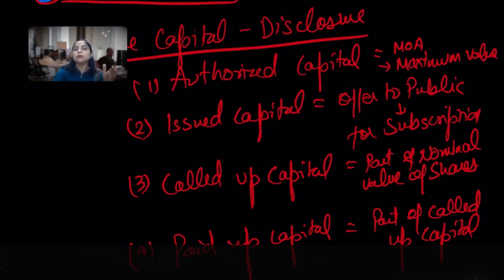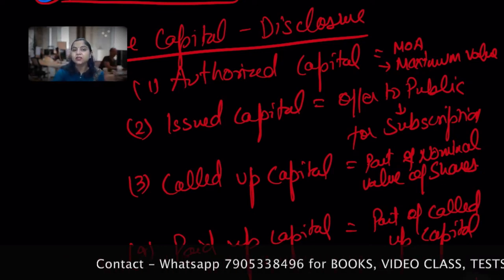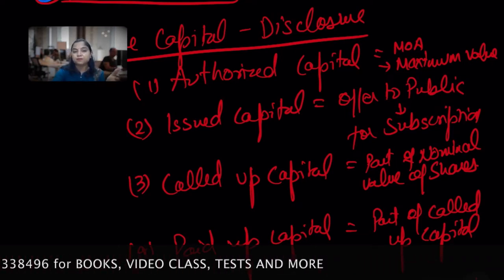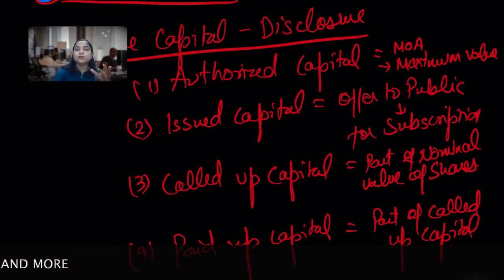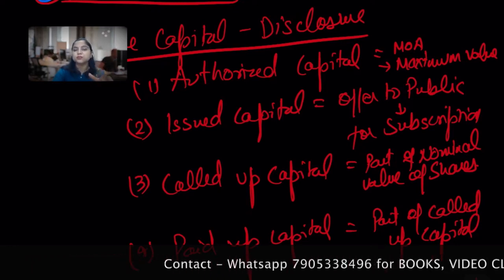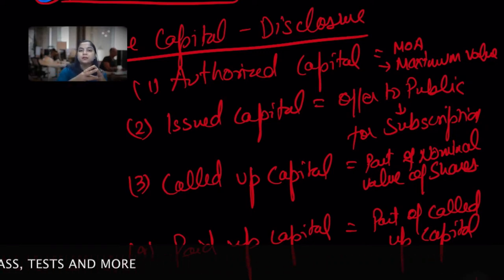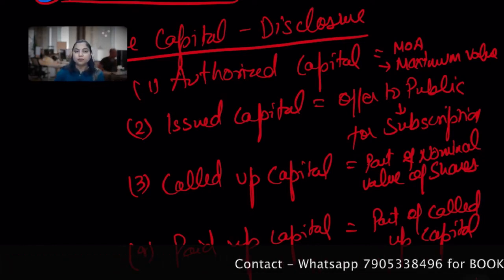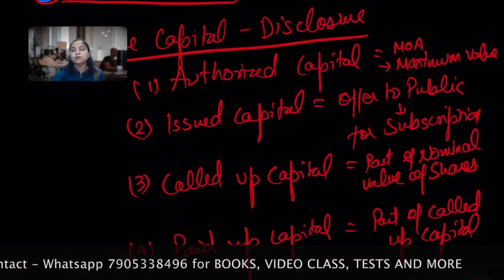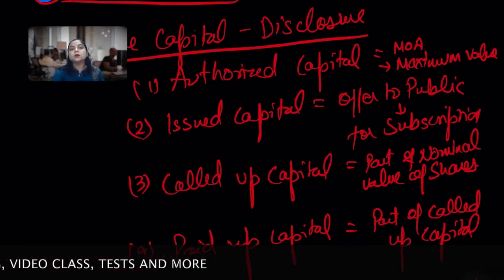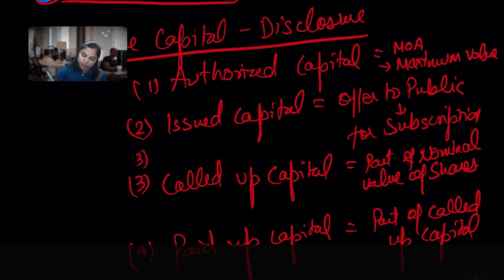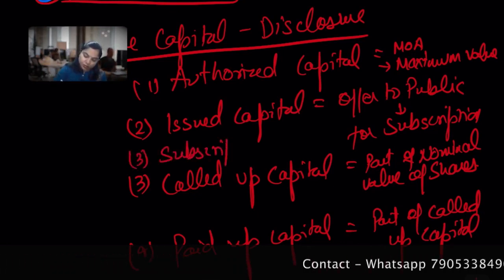Its disclosure requirement goes as per your equity shares, and under the liability side you have equity and liability, shareholders fund and the share capital. Then we can disclose it as different parts: authorized capital, and your issued and subscribed capital. Generally issued and subscribed capital goes hand in hand. Subscribed capital means a part of capital for the time being that is already subscribed by the members. So it's after some time after issued, and sometimes it's going together. So you can also do this one thing. 3, we can do subscribed capital.